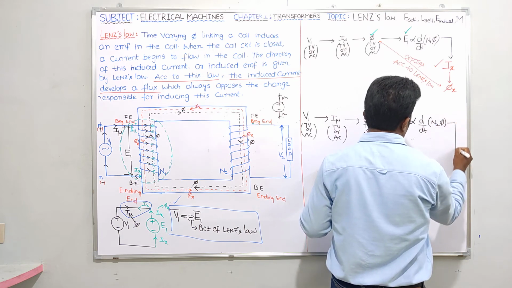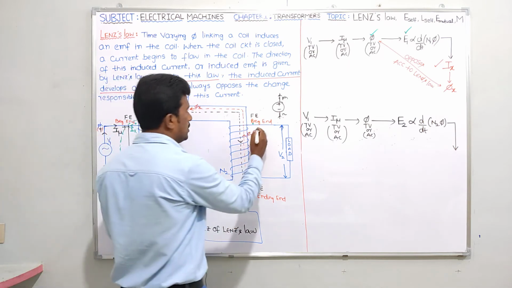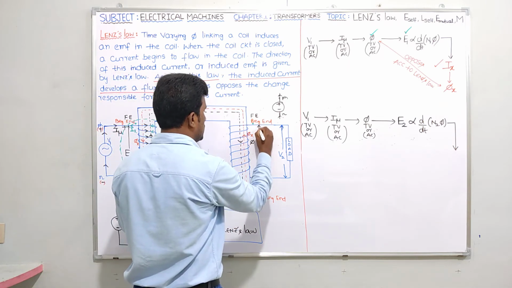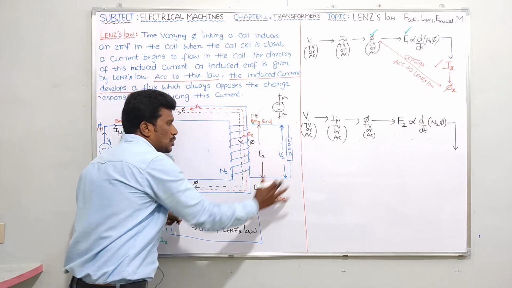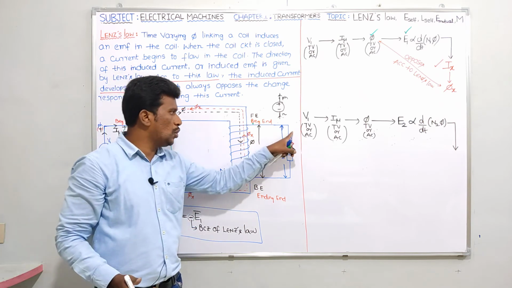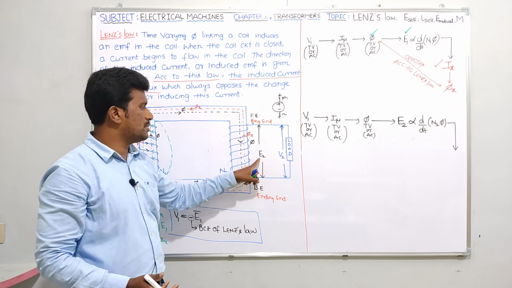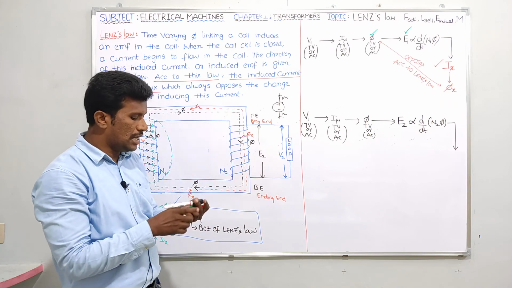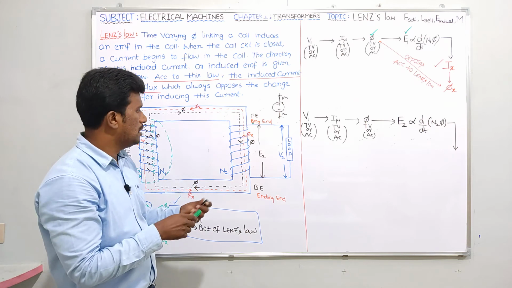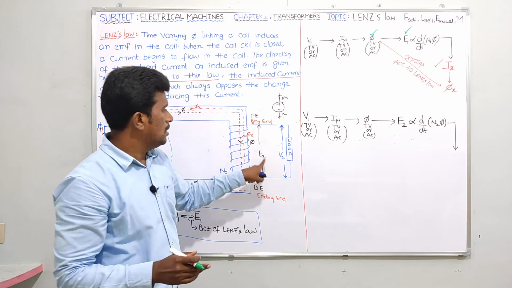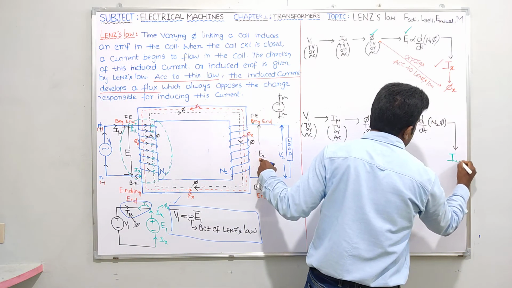Is it clear? Now guys, because of this E2, we got induced EMF E2 here. This E2 is induced on the secondary side. And tell me, is the circuit closed? Yes, it is closed because I connected the load here, so the circuit becomes closed. Whenever the circuit is closed, because of this E2 we will get some current. Let me indicate that current with a different color so we have a clear understanding. Because of this E2, you will get current IY flowing in the secondary winding.